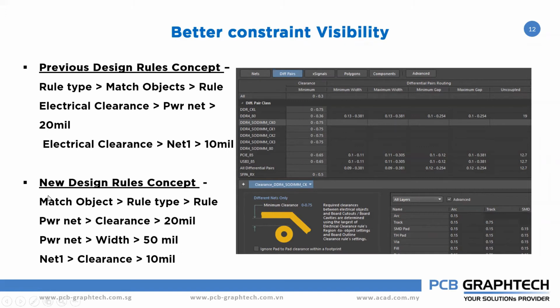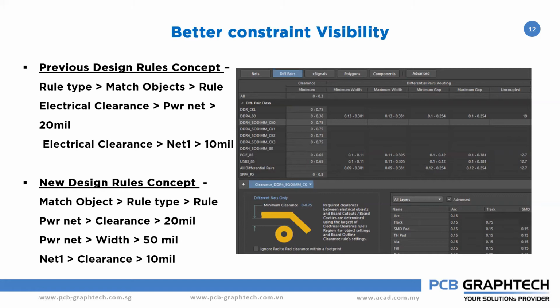But now in the new version, the improvement is we have the document default. So in the dialog box, you can select the design object directly, and based on that, you can set all the design rules. Based on the design object, you can set the design rules, edit them, and validate them. You can see all in one place. This is the improved version.